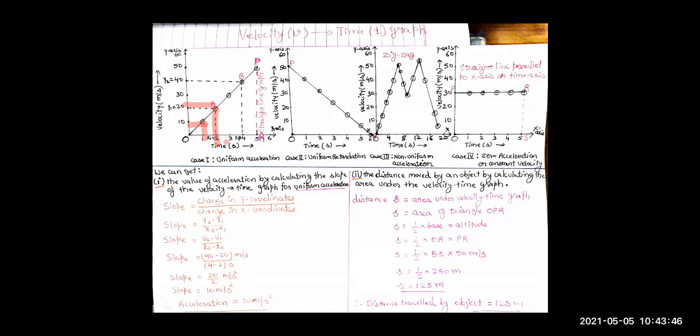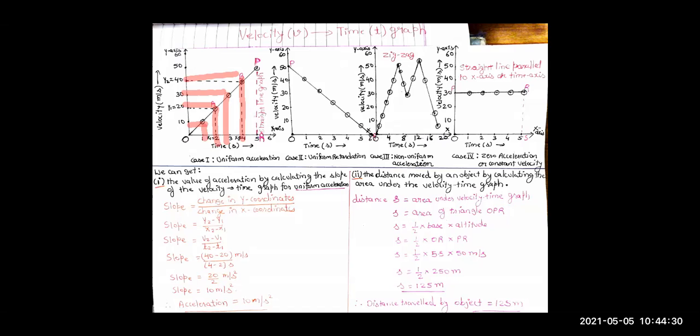At time t equal to 3 seconds, the velocity is 30 meter per second. So again in 1 second, the velocity increased from 20 to 30. So it is increasing by 10 meter per second. So change in velocity is 10 meter per second. At time t equals to 4 seconds, again the change in velocity is 10 meter per second. So here you can see that the change in velocity is equal to 10 meter per second and the time is 1 second. So in every 1 second, the velocity of the object is changing by 10 meter per second. So this is your uniform acceleration.